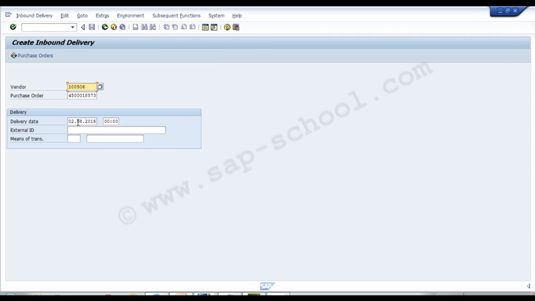Now once we have clicked on create the inbound delivery, we will be able to see this screen. In this screen, since we are creating this inbound delivery for the purchase order which we have just created, we can see the vendor and the purchase order information already populated. If not, then we have to enter this information ourselves. Then we have to enter this delivery date. It will pick up from the purchase order itself. Then we have to click on this enter,